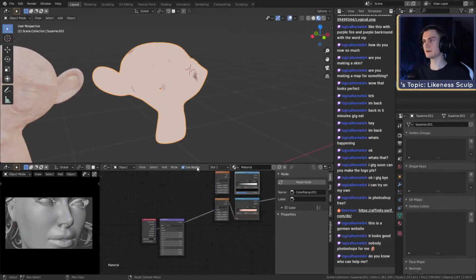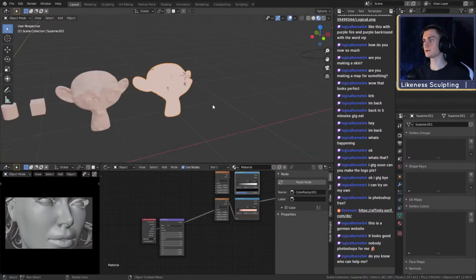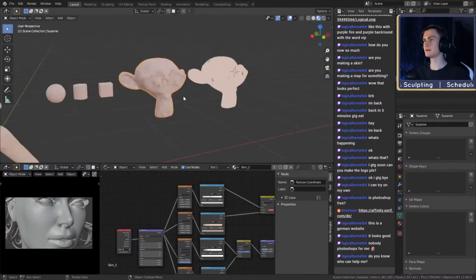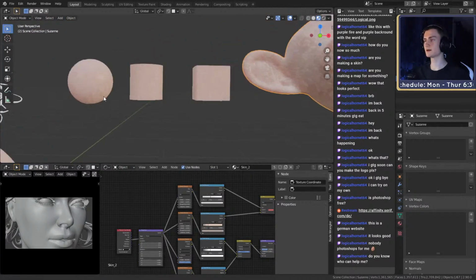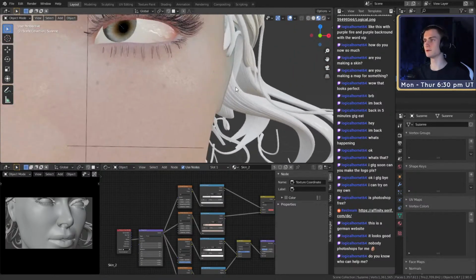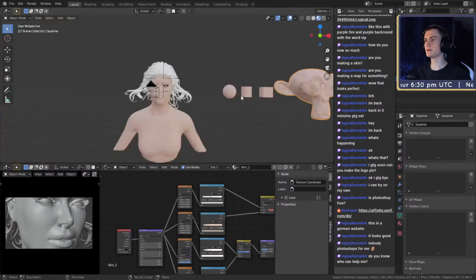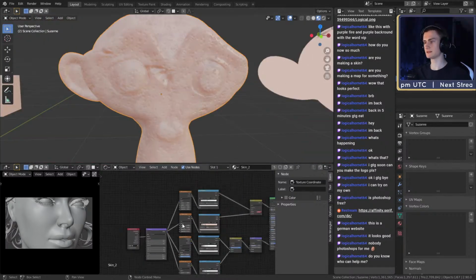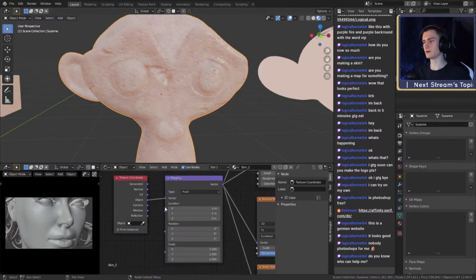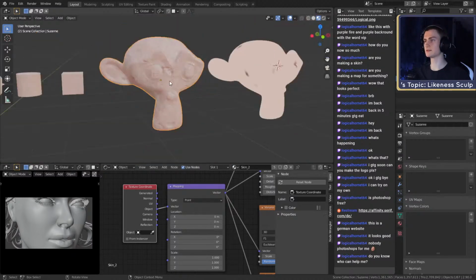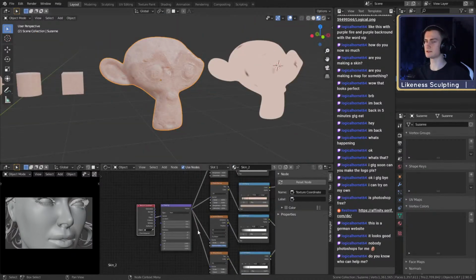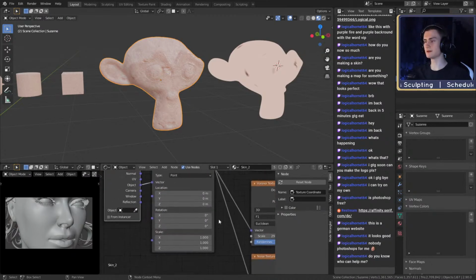And of course, if you compare this character with this monkey, you can see the pores on her are way smaller than they are on this character. That is because of the object mapping. If you want to make the pores on this monkey smaller, you just go to mapping, hold left click, slide over all the X, Y, and Z axis